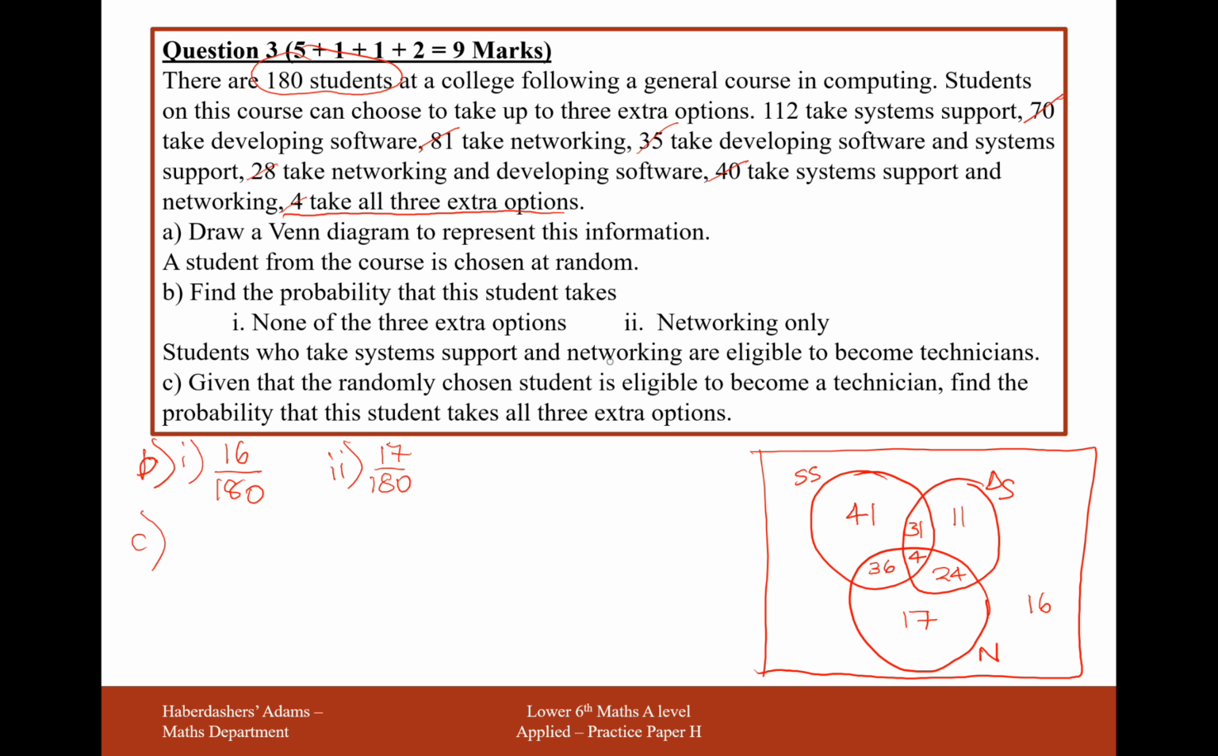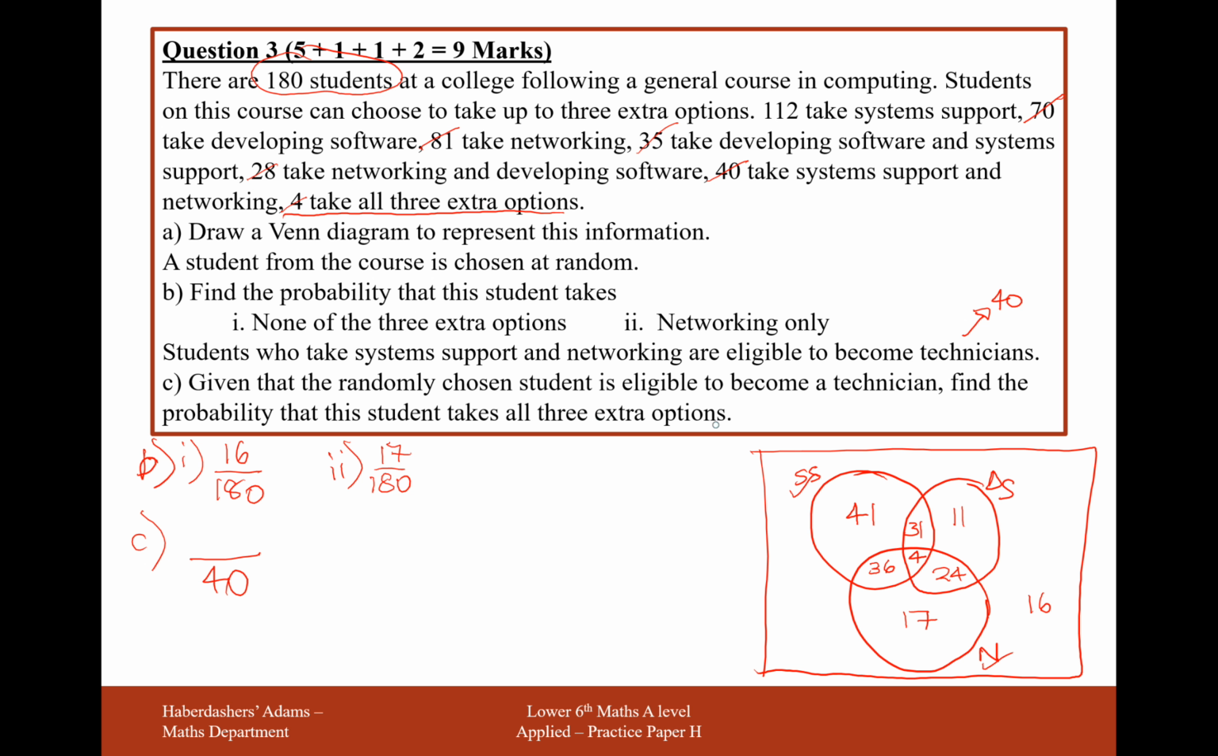Students who take system support and networking, these 2 here, are eligible to become technicians. So 40 of our students here are eligible to become technicians. So that's 40 students here. Given that the randomly chosen student is eligible to become a technician, so I'm assuming here our probability is going to be over 40, find the probability that a student takes